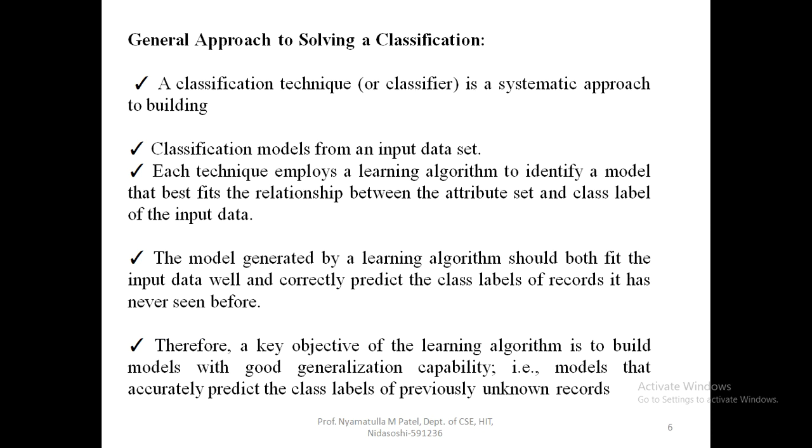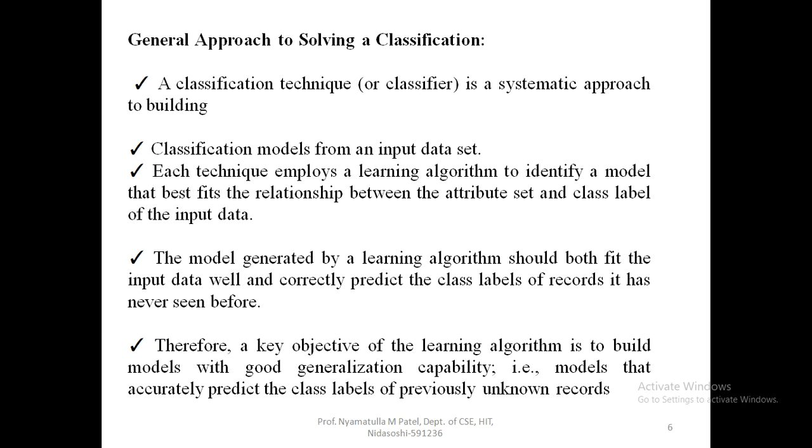Now the model you have developed for classification will have a learning algorithm. This learning algorithm should fit the input data as well as correctly predict the class label of a particular class. So when you train, your learning algorithm should be able to properly classify the objects into different classes. When you give any unknown record as a test for testing the efficiency of your system, it should also properly predict the class of that record. You are giving an input record which is never seen before, but still it has to predict that class.